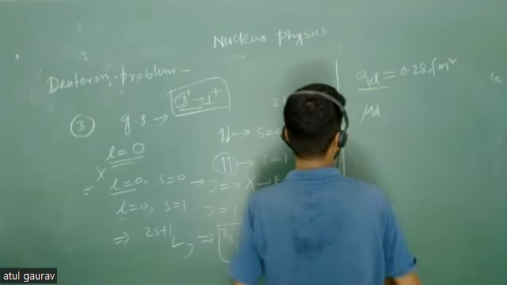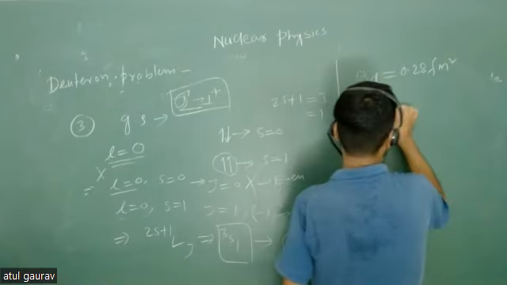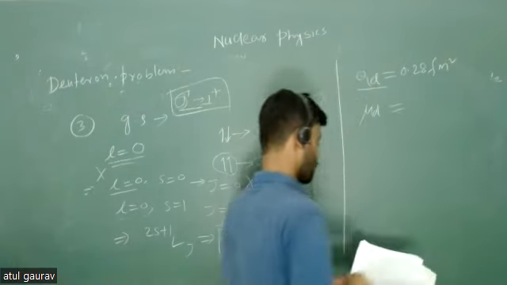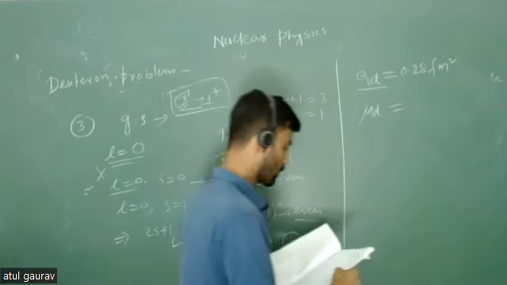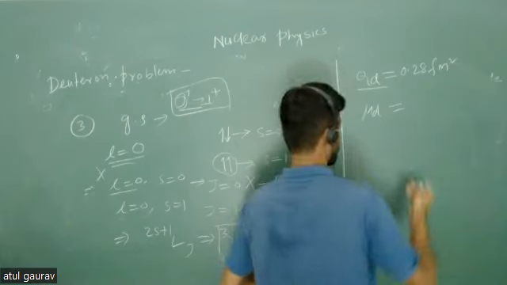0.228 femtometer square, and also the magnetic moment of deuteron. So the quadrupole moment of deuteron, I am writing this notation. And also when they measured your magnetic moment, they observed that value